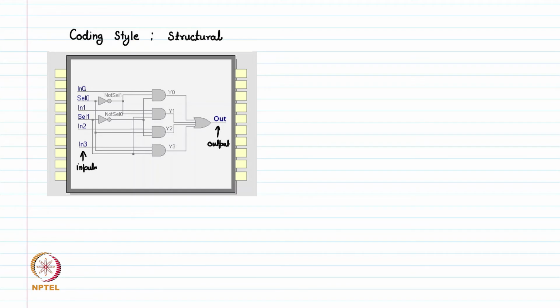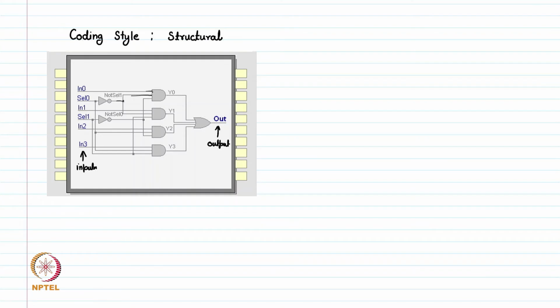For example, here input 0 and select input 0 are connected to this gate, which is an AND gate, and select 0 is applied to this inverter, and this signal comes to here,